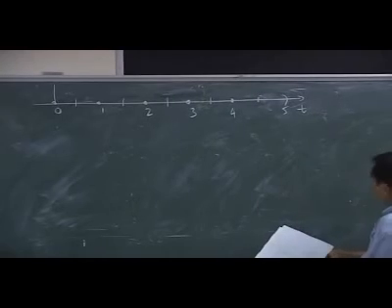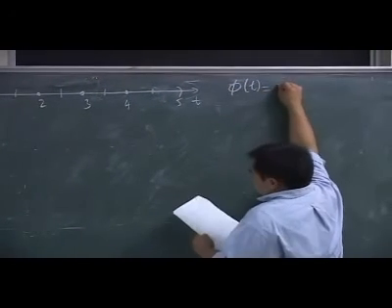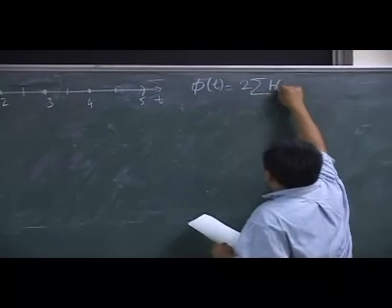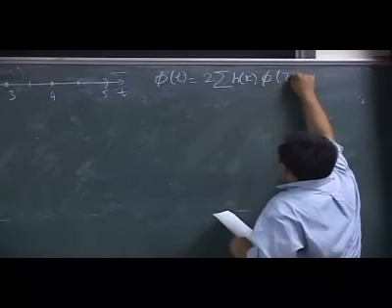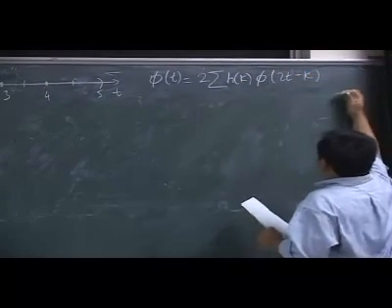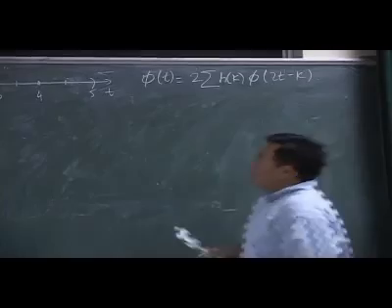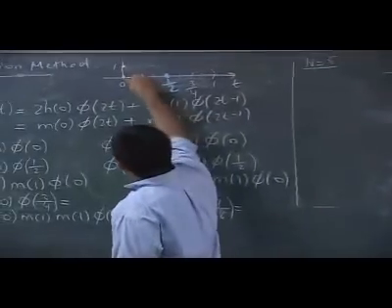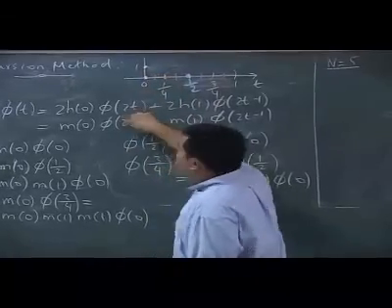So let's look at the equation, right? Phi of t is 2 times the summation of h of k, phi of 2t minus k. So here, you have one point only. So that's a scalar point. If you have 5